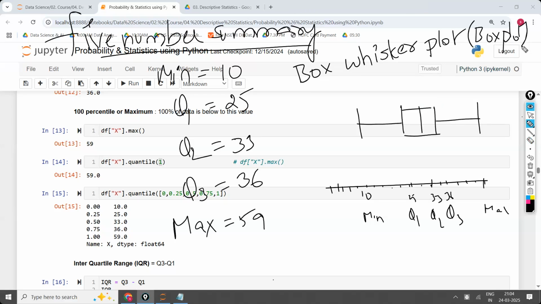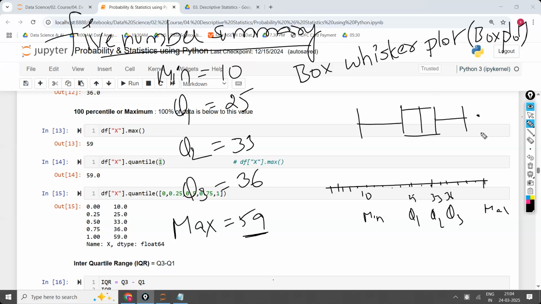What is the use of box plot? It represents the 5 numbers. Not only 5 numbers, the main advantage of box plot is it represents the outliers also. How, sir? Here, 59 is there now. 59 is an outlier, right? So whichever outlier is there, that outlier will be kept as a dot. It will be kept as one dot. Now, without the outlier, what is the maximum value? 50. That will be considered as the maximum value now.